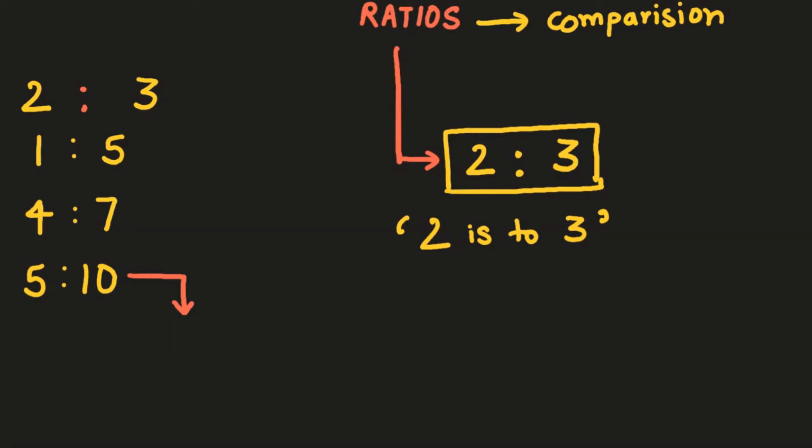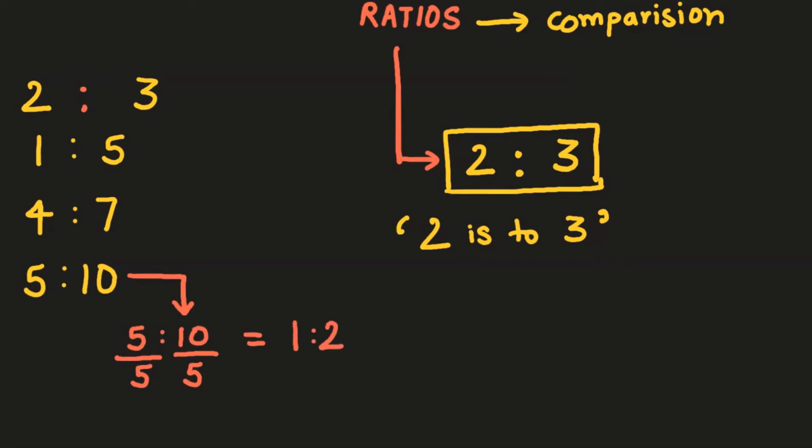This can be written in the simplest form. Yes, like in the case of fractions, even in ratios, there is the simplest form of ratios. Like for example, what I have to do over here is basically I have 5 is to 10. So I can write this as 5 is to 10 like this, and then just divide both sides by 5, 5 by 5 and 10 by 5. So this will give me 1 is to 2.